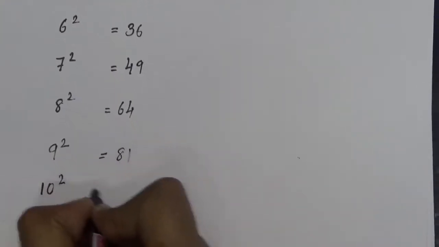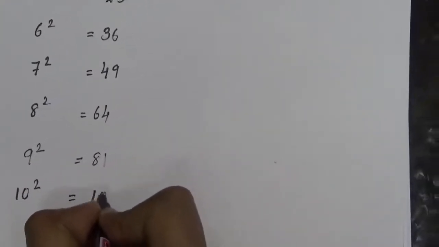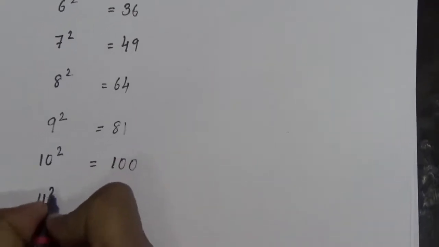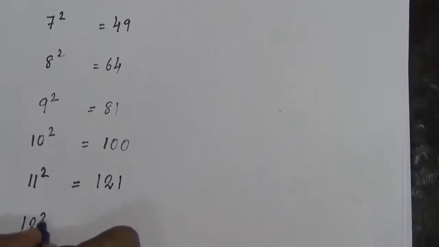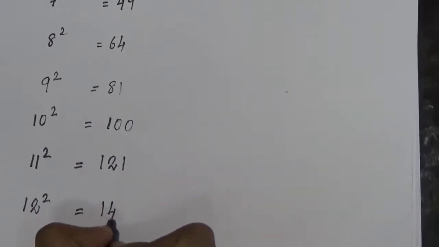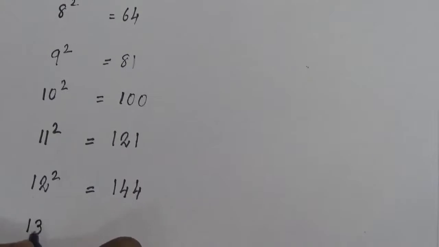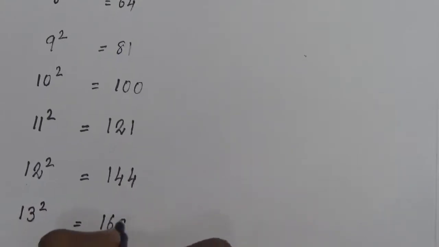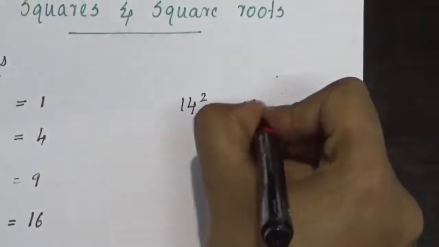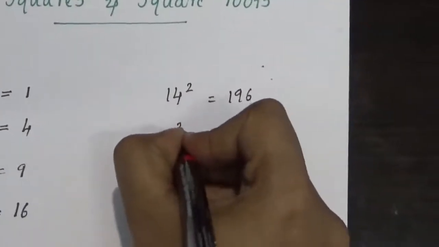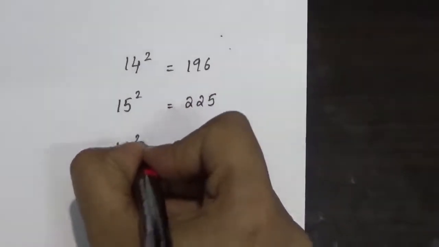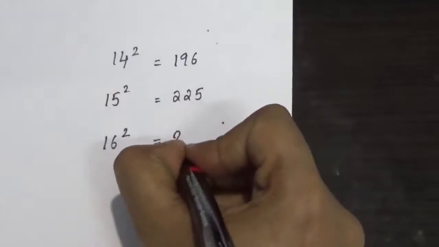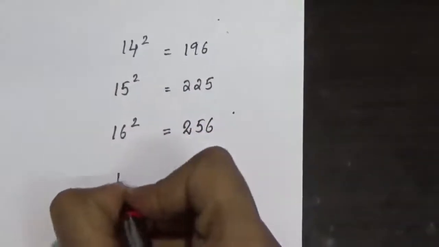Now 10 square, it is 10 into 10, 100. 11 square, 11 into 11, 121. 12 square, 12 into 12, 144. 13 square, 169. 14 square, 196. 15 square, 225. 16 square, 256. 17 square,